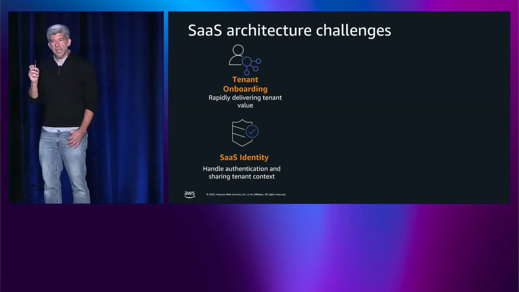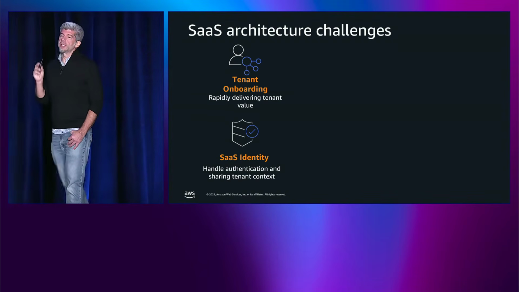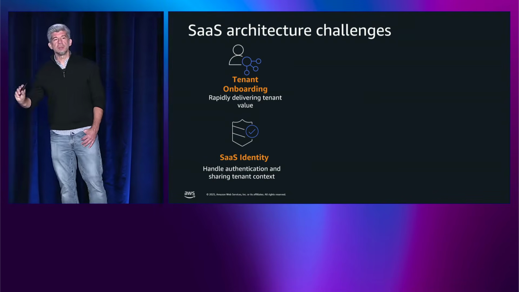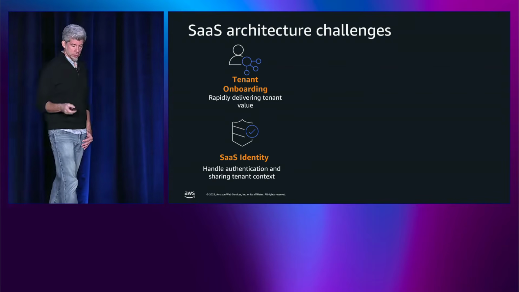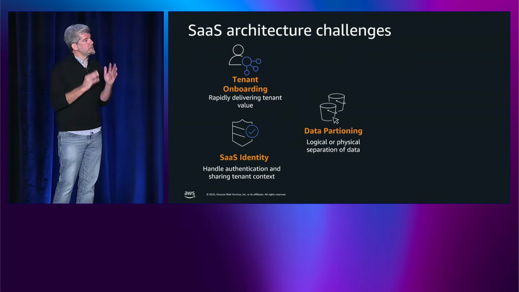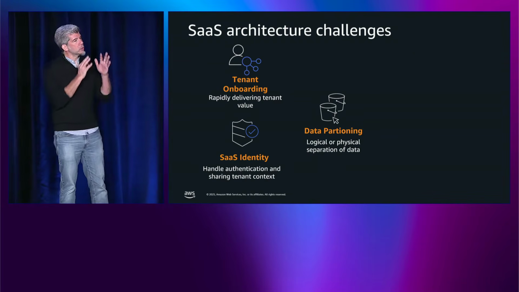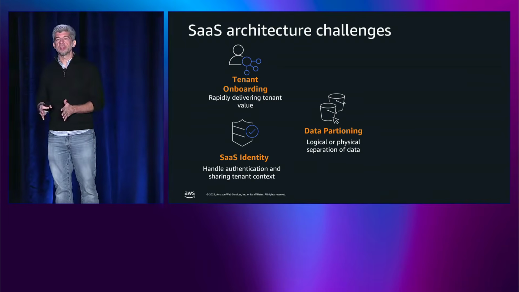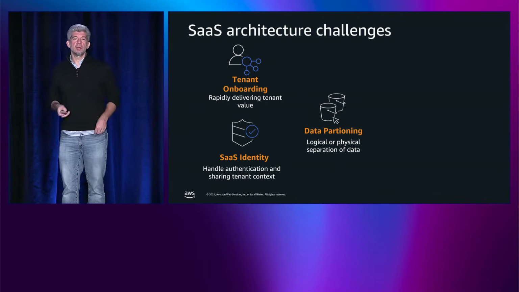SaaS identity, again: what does it mean to authorize and authenticate a user, and how does tenant identity and tenant context inject itself into this process, and how do we make sure that propagates through our whole solution? Data partitioning: what does it mean to properly manage our tenant data? How do we segregate our tenant data into either logical or physical buckets